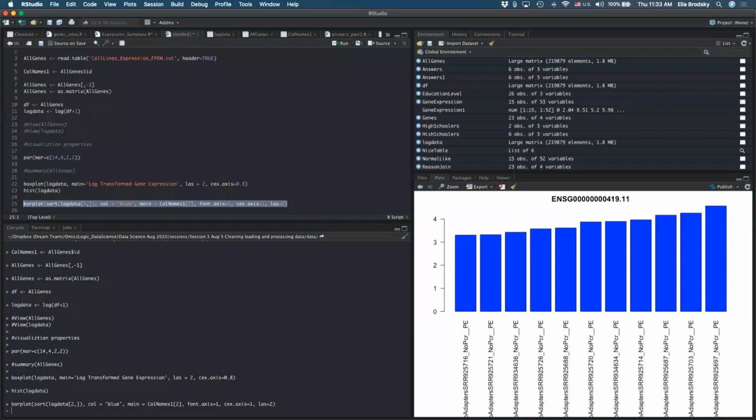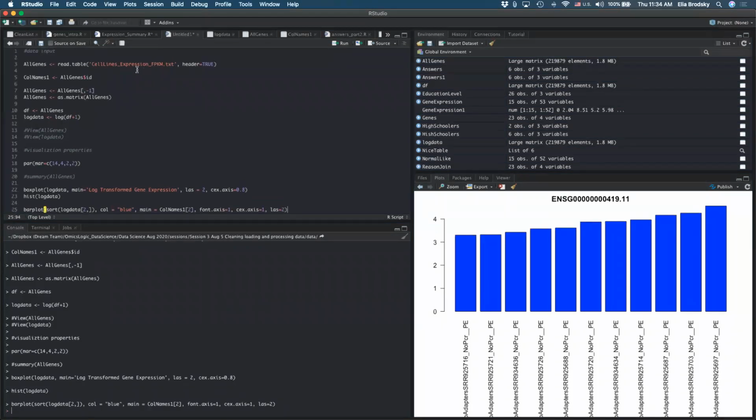All right, obviously this is a useful thing, right? We can make sure that our data is loaded, we can transform it to log scale. Now we have a better distribution. We know that the information is good. Now, how do we actually visualize all of our data, right? That's the problem. It doesn't really make sense for us to try and visualize 20,000 genes, right? So instead, what we can actually do is take only a portion of our data, right? Let's say those 15 genes.